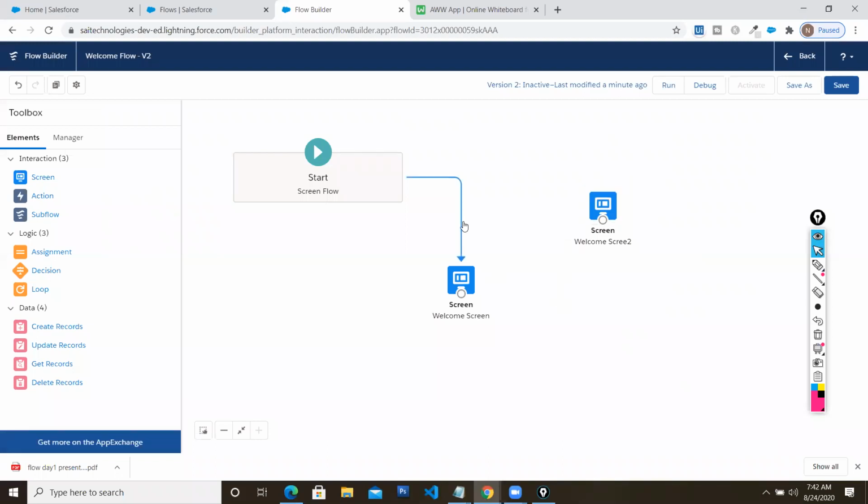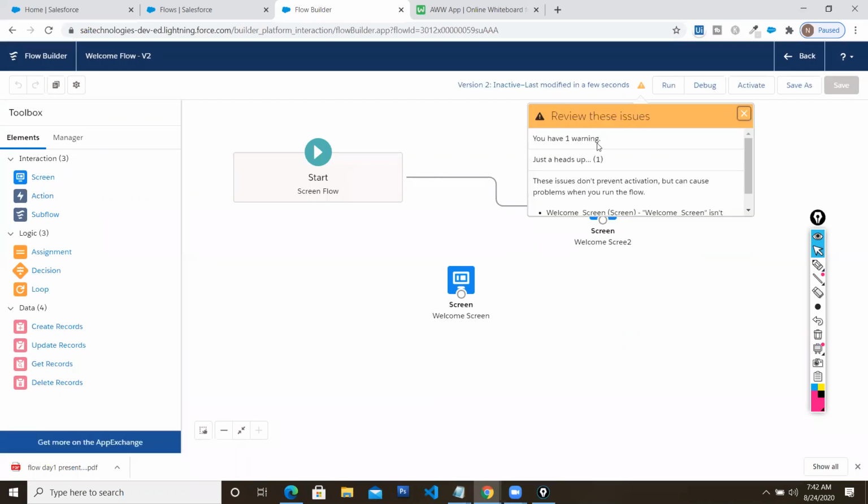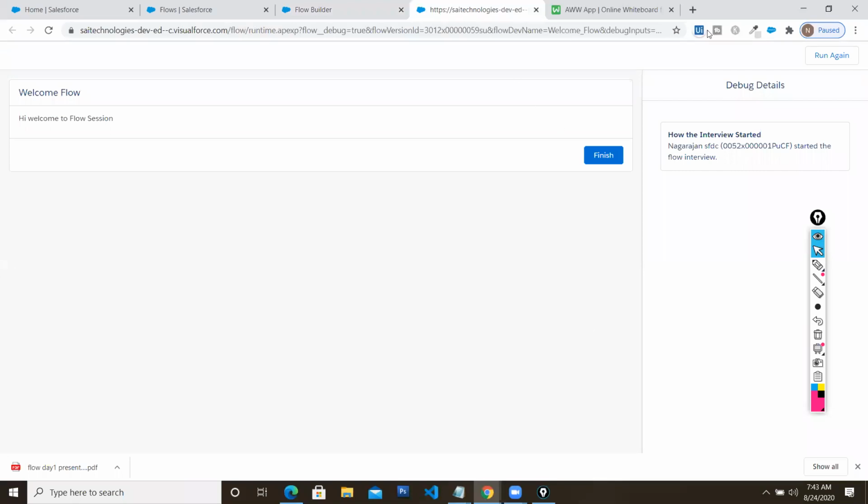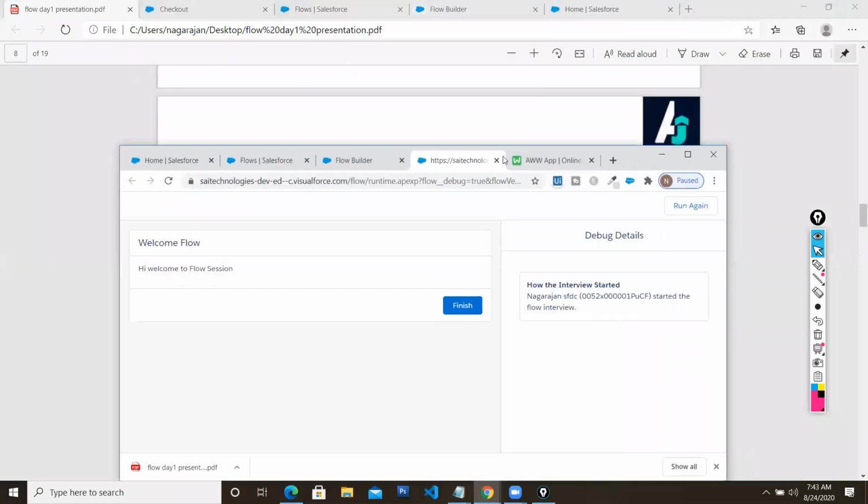See here, in this flow builder, if you want to test the second screen only, just click this particular relationship and delete it. You can remove it, and I can connect these 2 components. So this exists on my canvas, but I'm not going to use it anymore. Let me save it. An error will automatically pop up: you have an unused component right over there. That's a warning message, you can skip it. So let me go for a debug. As far as the output is concerned, it will be similar because both screens have the same message. You will not get any differences.